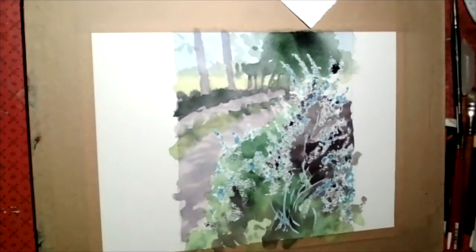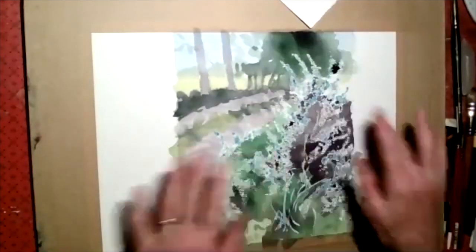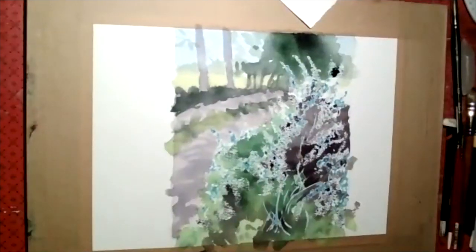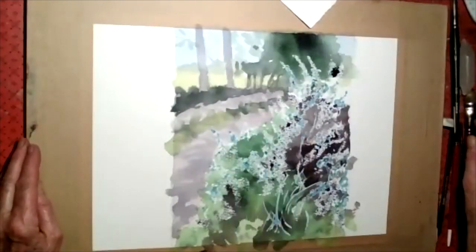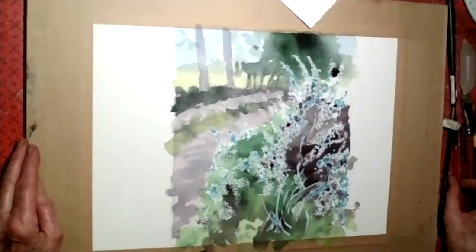Okay, most of those little areas of wet are pretty much dry. There are one or two wet bits, but I'm going to plough on with, I'm